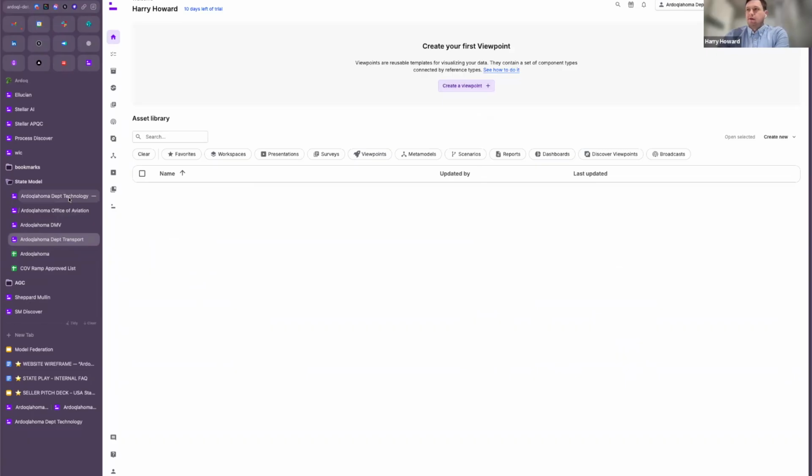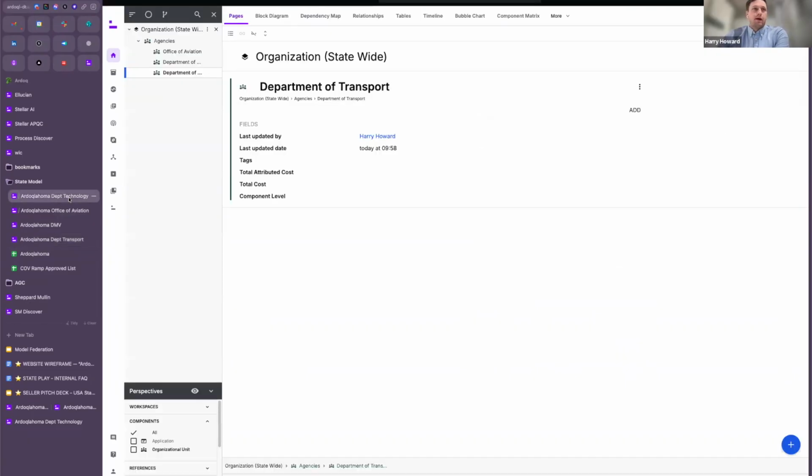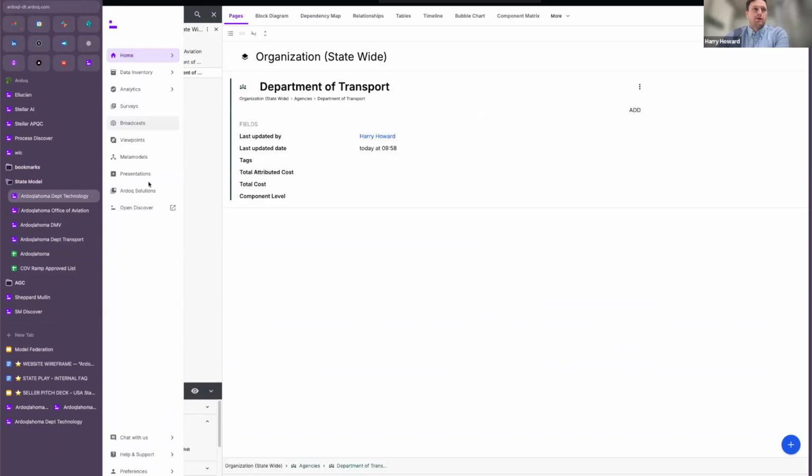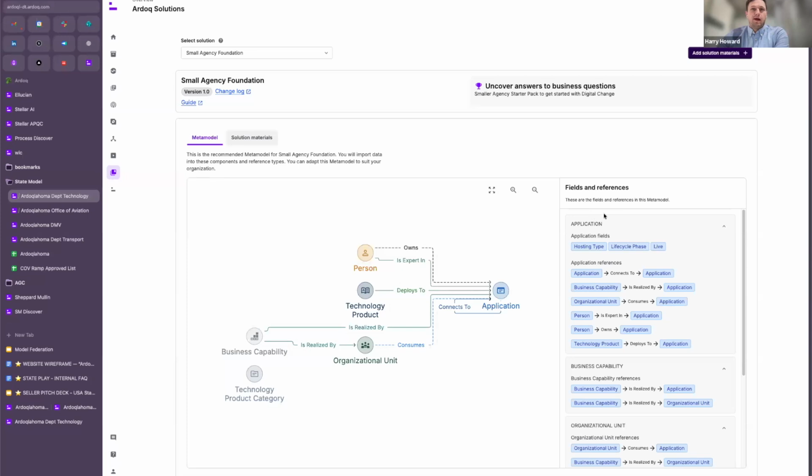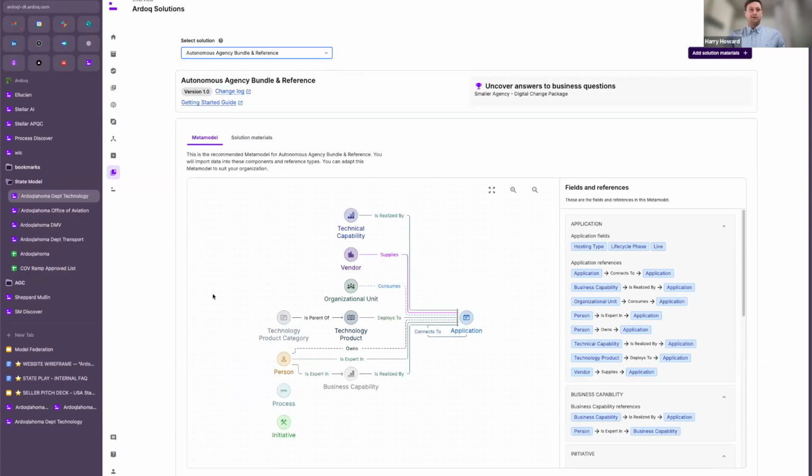Within the master org, this is not just for the aggregating of data, but also for the creation of those solutions. We'll have the ability to define the scope of what you want to send over to those small agencies. There might be a situation where a very small agency just has a subset of data, for example, and a slightly larger agency might have an extended view where they go into vendors, they might do their own style modeling, processes, initiatives, etc. You can define different scopes for what we call the big dogs and the small dogs.